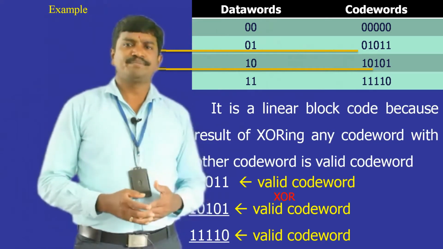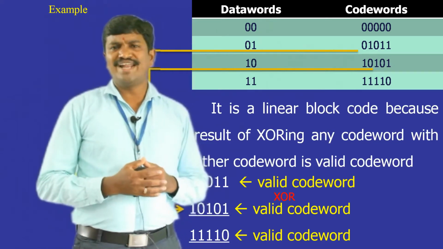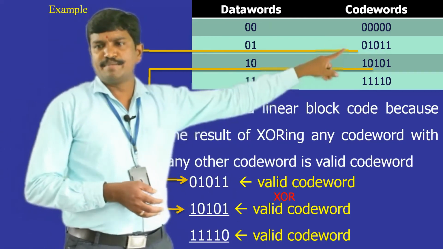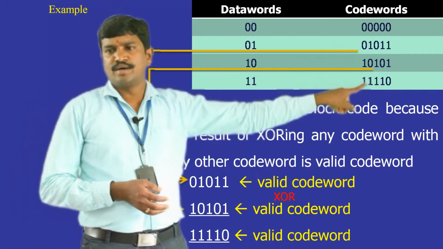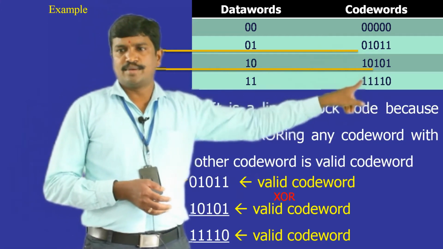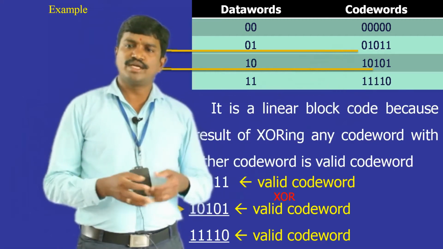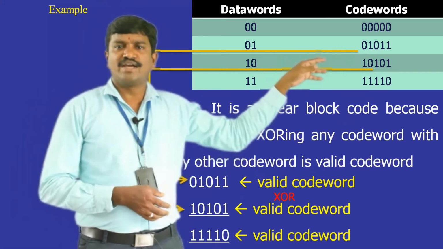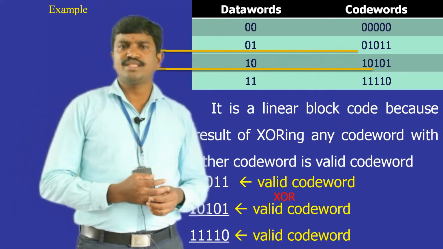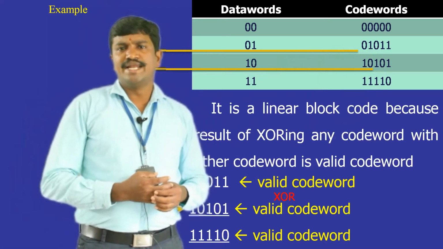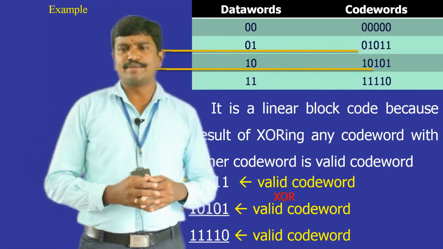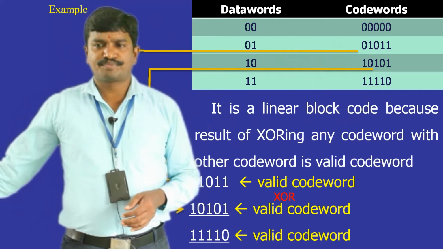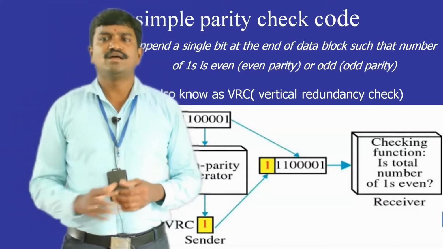Now we will check whether the result is present in the valid code word set or not. When you observe this 4 ones followed by 0, it is already present in the valid code word list, that is this one, 1 1 1 0. So we can conclude that our second methodology that we have adopted so far, the code word of size 5, also maintains this property called the linear block property. This way we can define linear block codes,